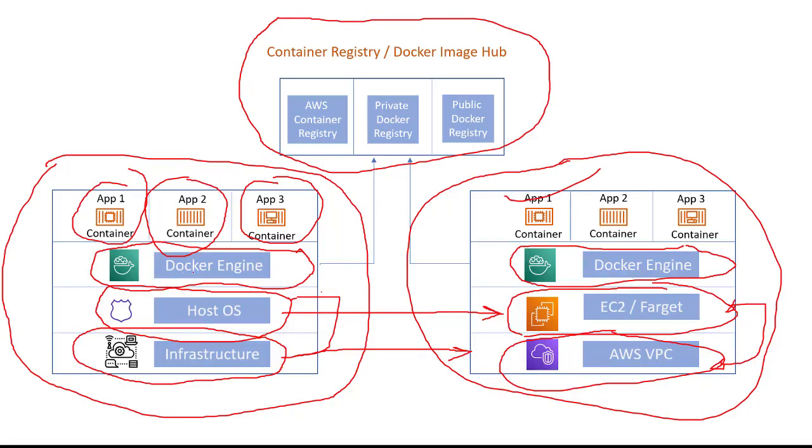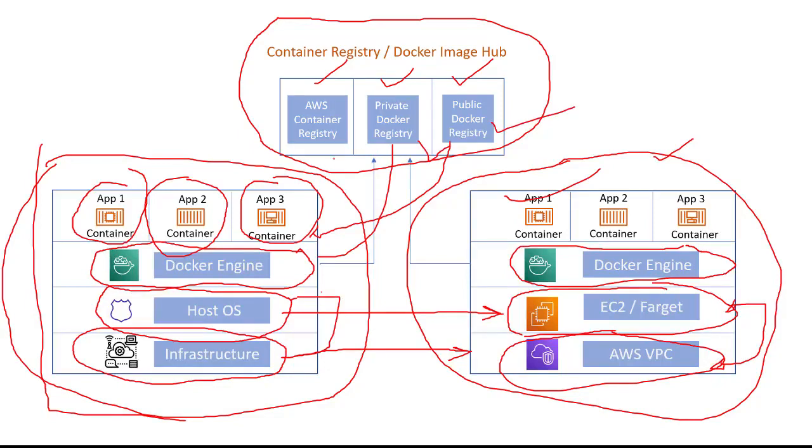So basically you have a Docker engine. How can you download the Docker image? There are three ways you can download the Docker image. Suppose you are on your on-premises, you can download the Docker image from Docker Hub, that is a public repository, or you can download the Docker image from a private repository, because some organizations have their own Docker repository. If you are in AWS, you can download the Docker image from the public repository, Docker Hub, your